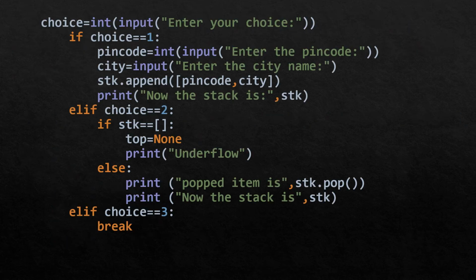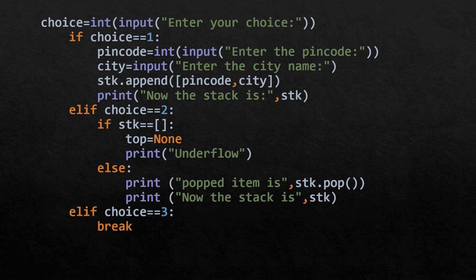Here our stack is looking like a list of lists basically. So it's a long list containing some sublists. And each sublist is having two items. One is pin code, another one is city. So if the enter choice is 1, then we have to enter one list item. Basically, it is having two elements. So we have created two variables, pin code and city. And these two values will be accepted by the user, and we can append that value with a stack.